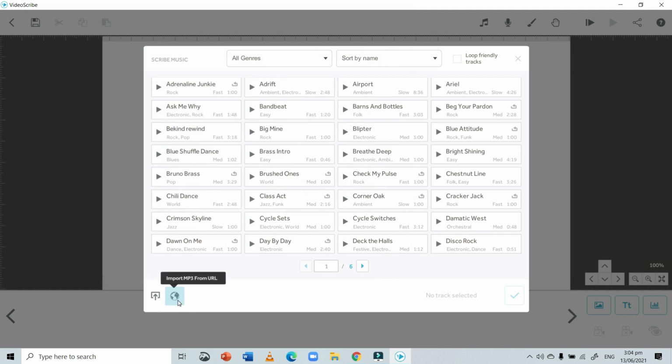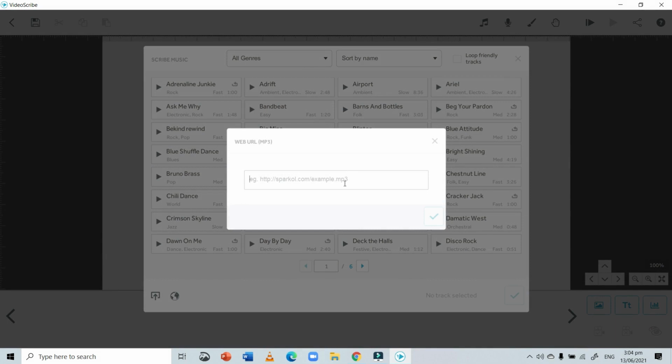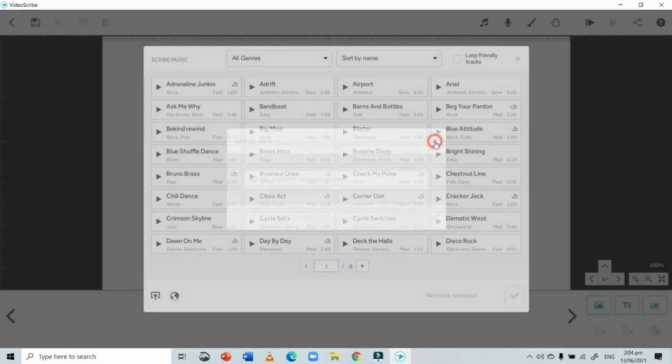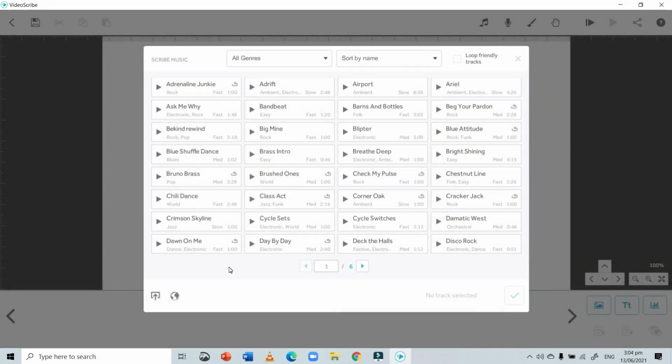The other option is you can just import with the help of URLs as well. If the audio file is there on the internet, you just need to copy that URL where the file is on the internet, and you have to paste the link over here, and it will be automatically imported from the internet. This is too simple. Or if you don't want to do that, you can just simply select any of the already available options.